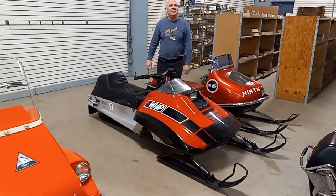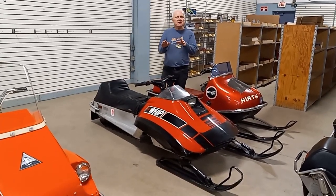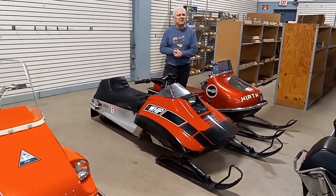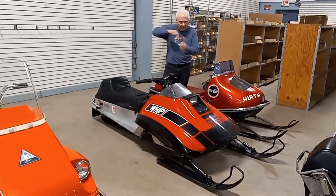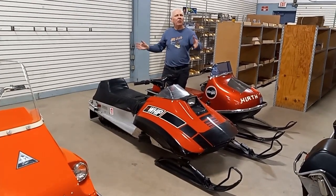Hey vintage snowmobile fans, I got something special to show you, a very collectible snowmobile. This is a 1977 Scorpion Bullwhip. And a bullwhip is a specific model for cross-country racing. Not roundy round, like was done at the time, but this was what we call a